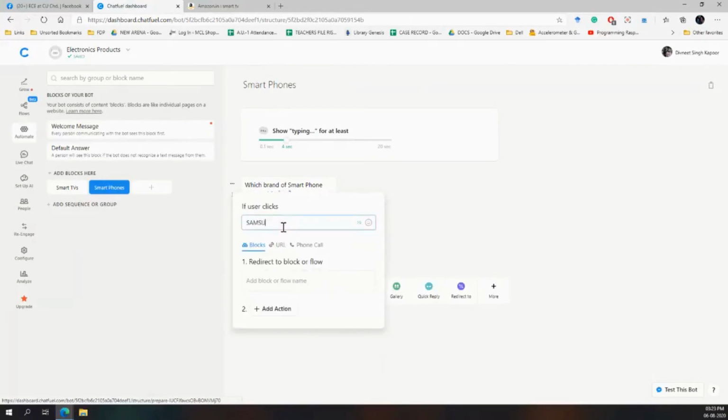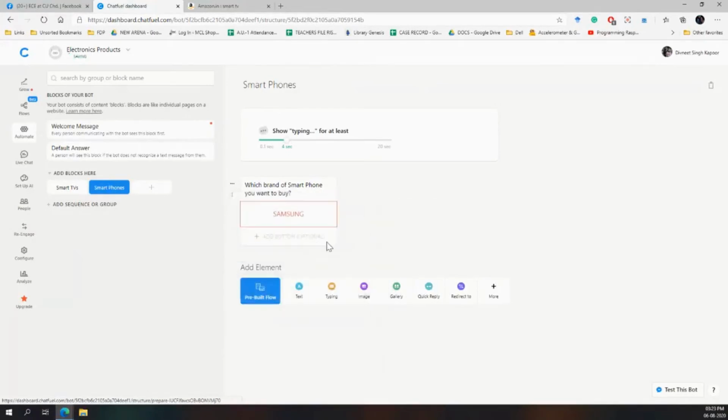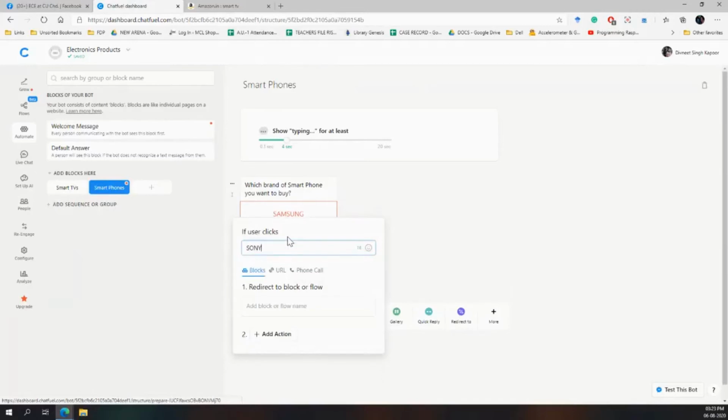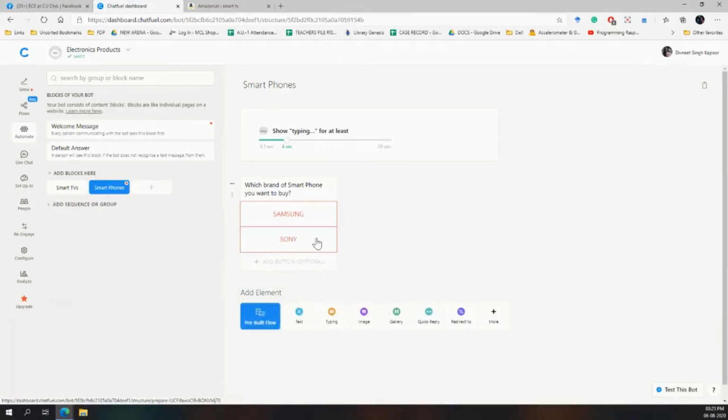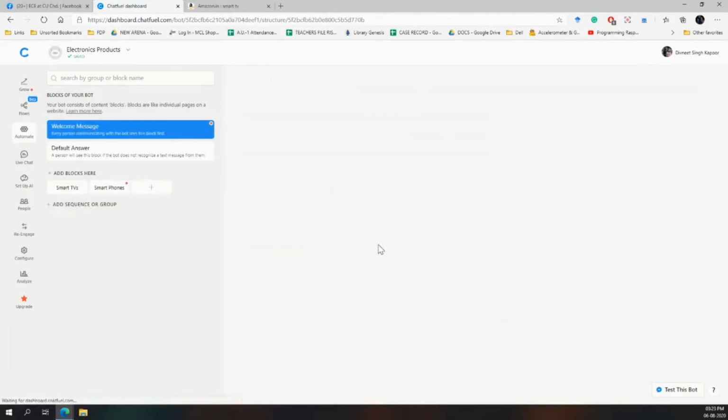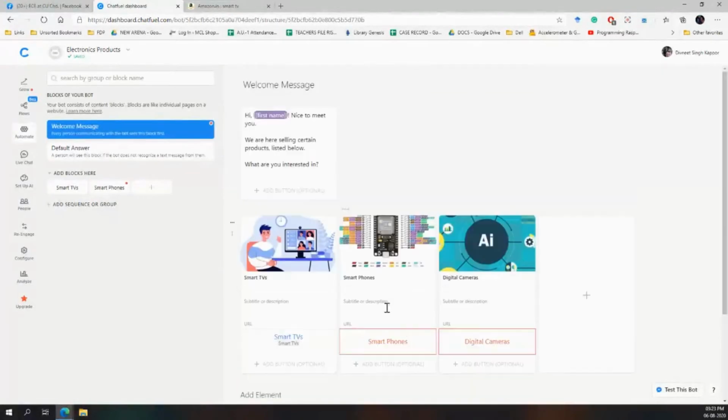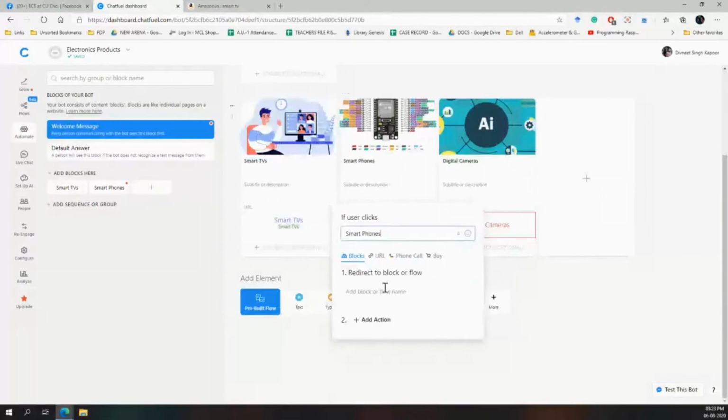Here we have only Samsung and Sony. So these are the two buttons I've created, right? I will go back to the welcome message and link this particular button with the smartphones block.